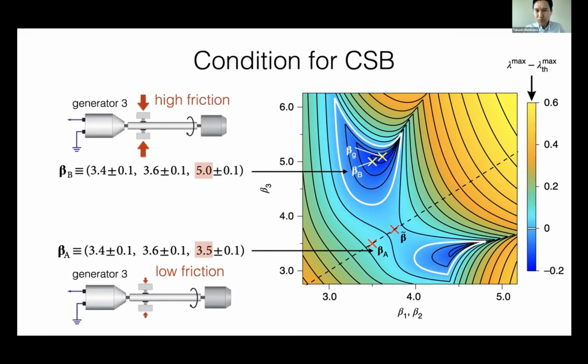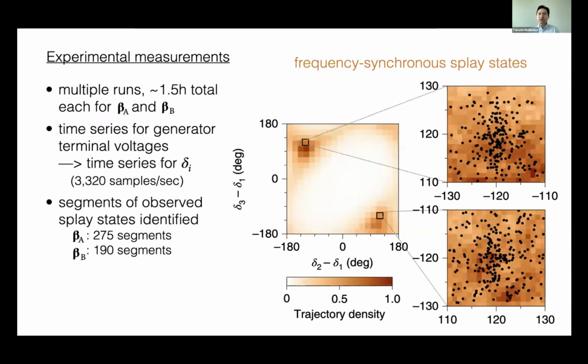And this point inside the stable region that is predicted to be stable with homogeneous, heterogeneous values of beta sub I. So we went ahead and ran the experiment with multiple runs, totaling about an hour and a half of experiments, took measurements of time series of voltages, and